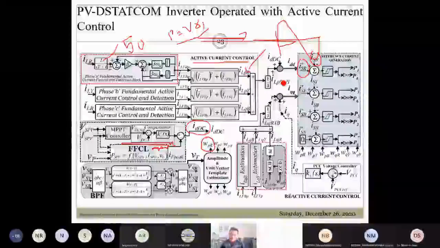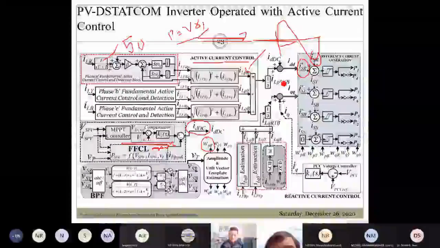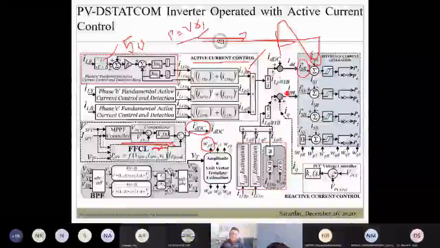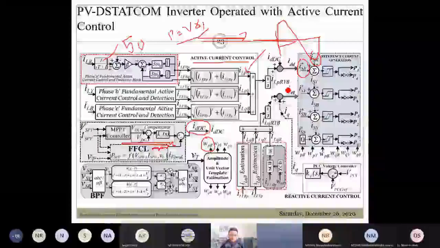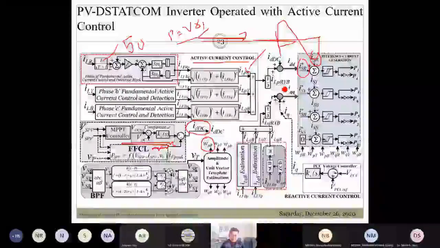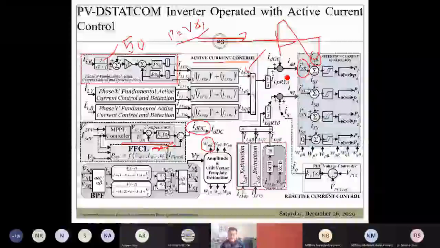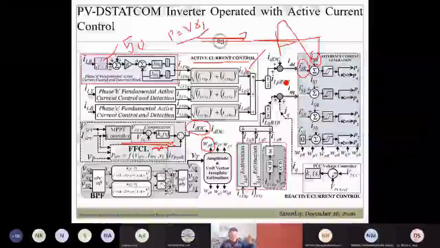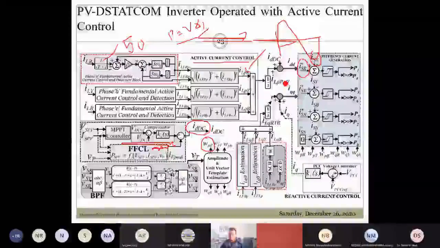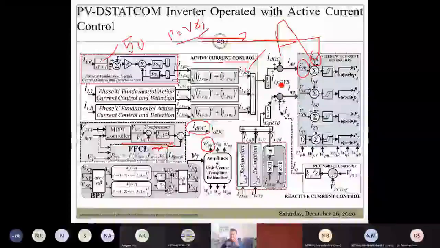In this case, you cannot ensure a constant power output. But to ensure a constant power output, there is a way. So how can you ensure a constant power output? You can have a battery energy storage system connected at the front end DC link capacitor. That will help you control the power reduction in a ramp fashion. Otherwise, it will be reduced in a step fashion. There will be a steep drop in the power output, which is not expected. So that can be controlled with the battery energy storage system.